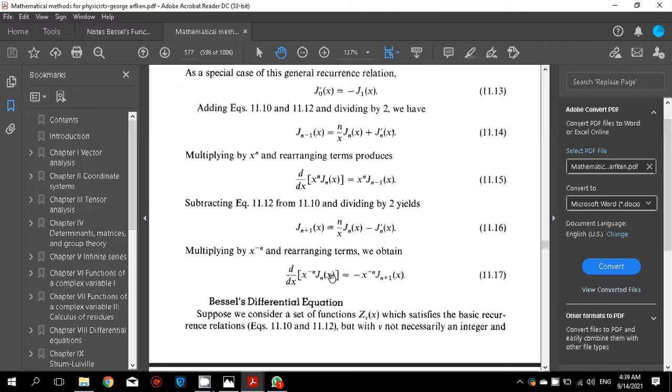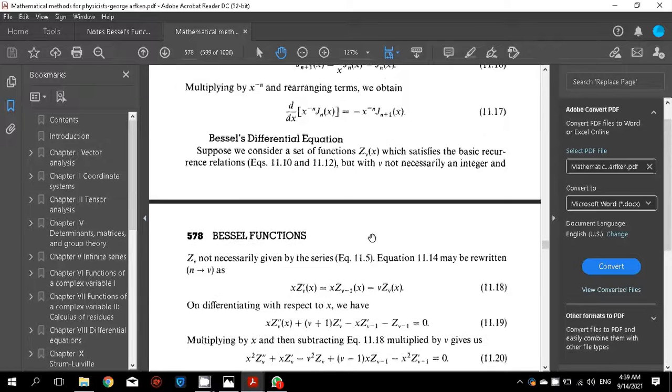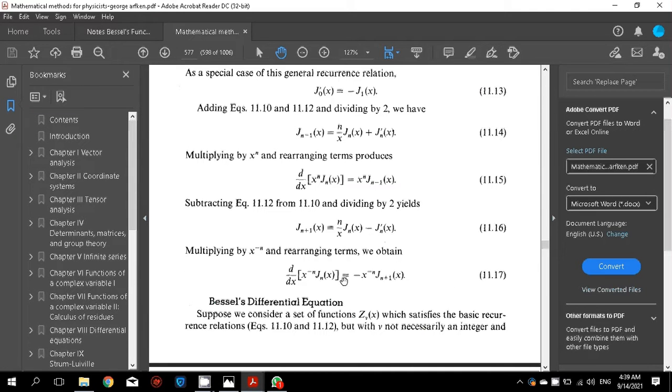Now the beauty of these two recurrence relations is that these are two-term recurrence relations, which means if J_{n-1}(x) is given, then you can find J_n(x). These two recurrence relations are also proved in my notes, as I was showing you on the pages, so you can go through all the